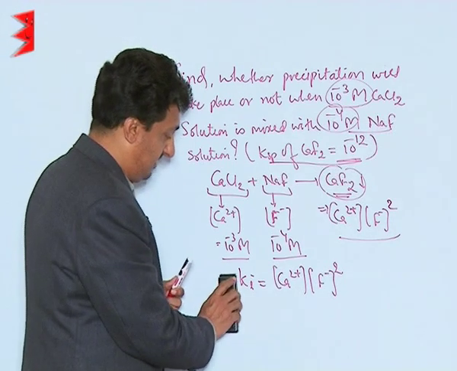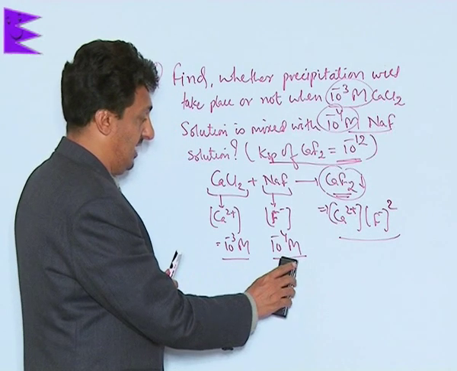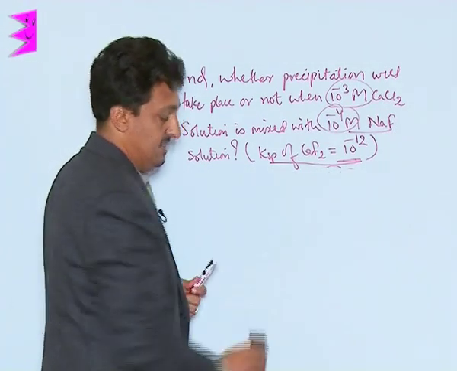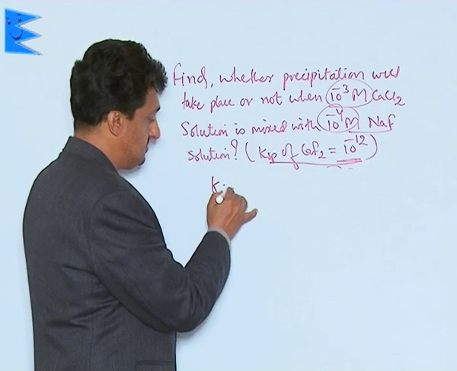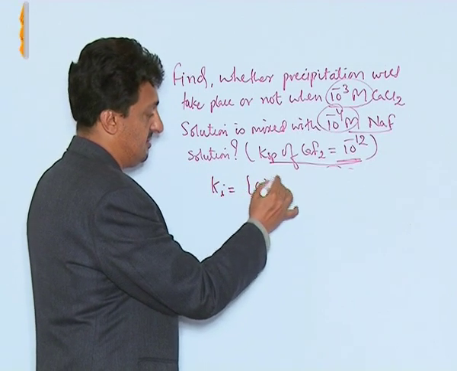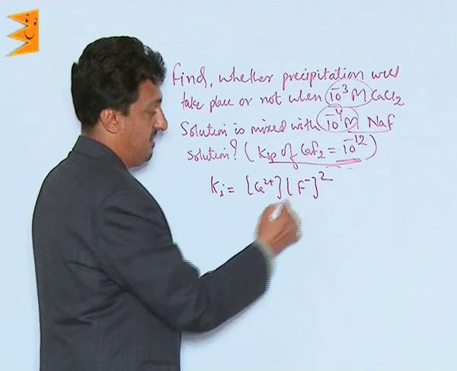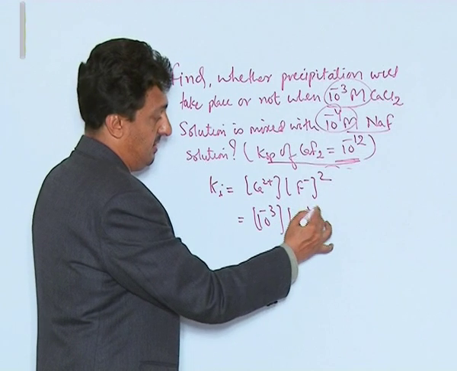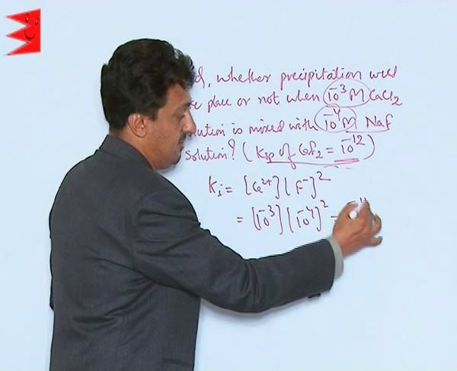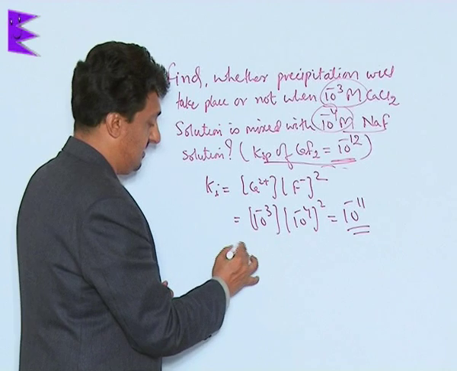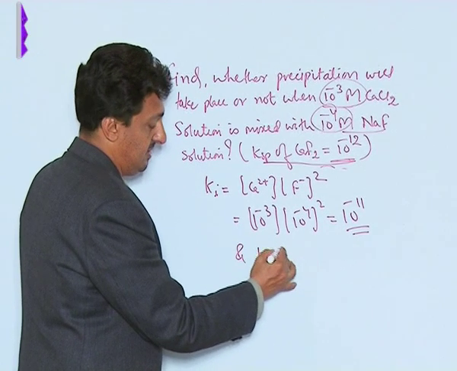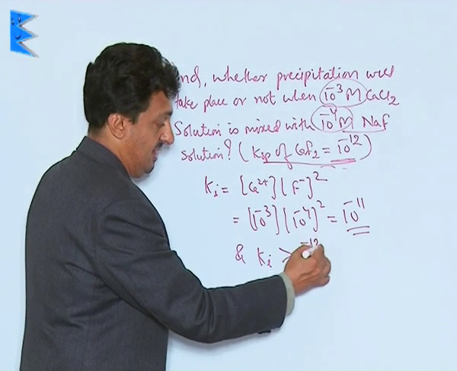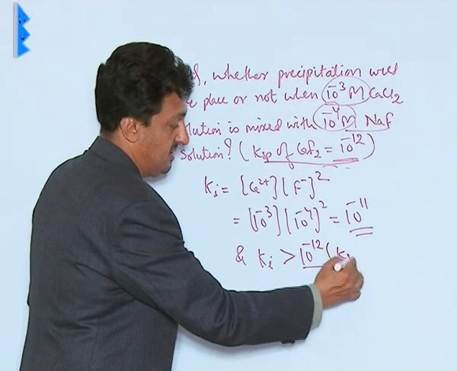Now we know the concentration of your calcium ions and fluoride ions. Now let us find out their Ki. The Ki will be calcium ions concentration times fluoride ions concentration squared. It will be 10 to the power minus 3 times 10 to the power minus 4 squared. So it will be 10 to the power minus 11. Now this Ki is greater than 10 to the power minus 12, which is actually the KSP of